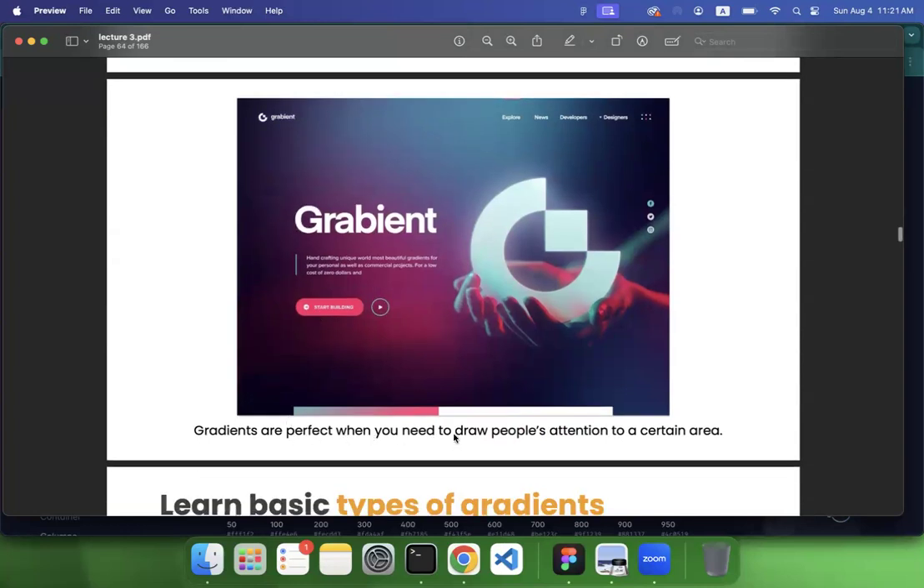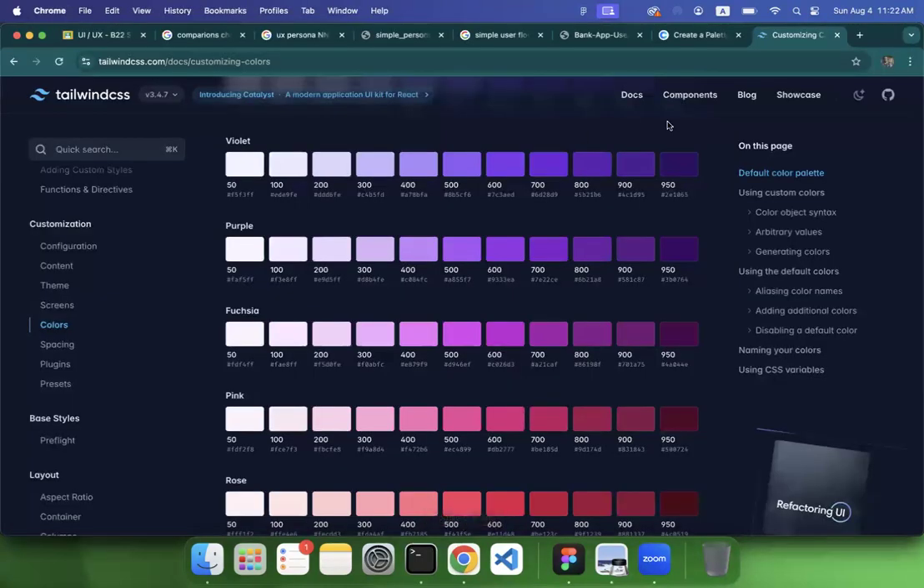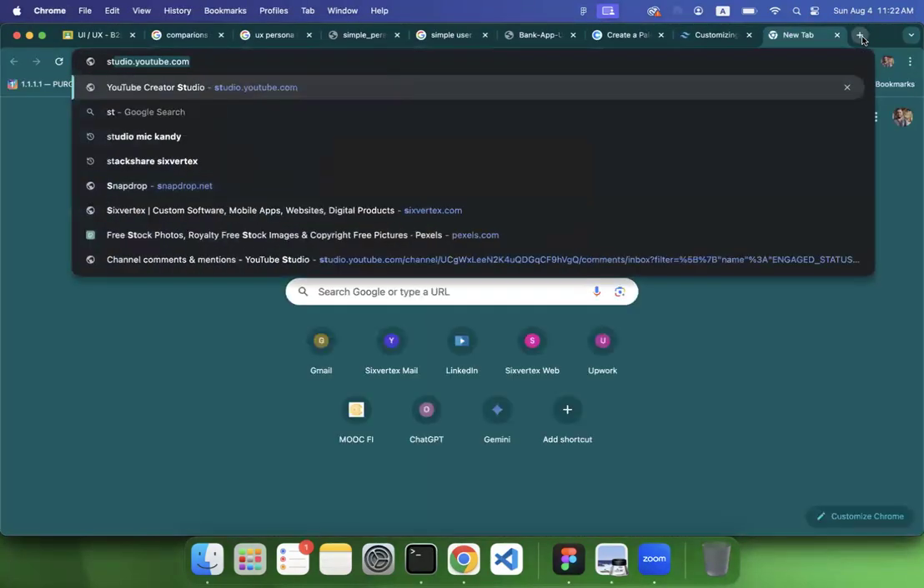Gradients are perfect when you need to draw people's attention to a certain area, because this gradient has a lighter version right here behind the image, and also a darker color behind the text. So it gives users more readability, as well as drawing people's attention to this particular area of the screen. If I go to websites like Stripe,